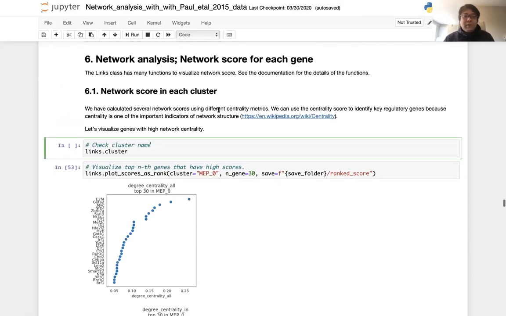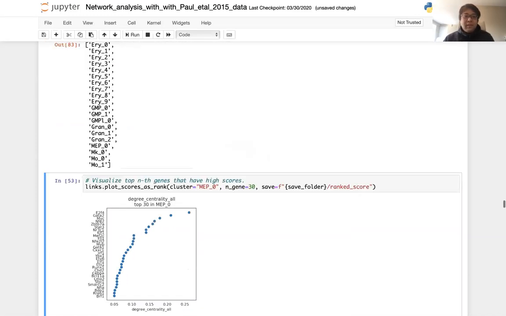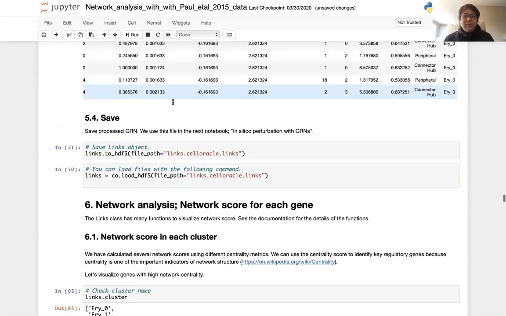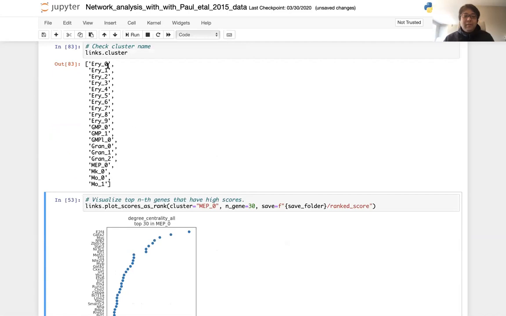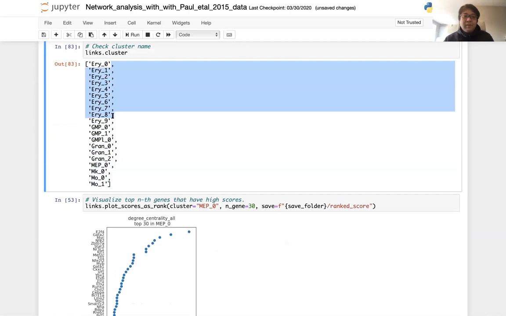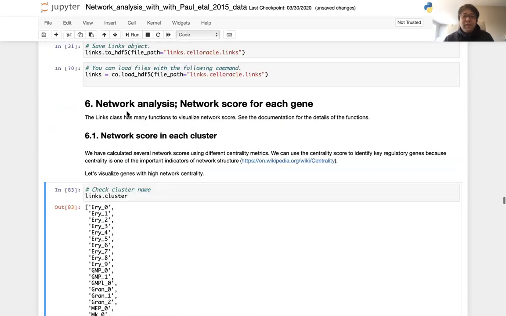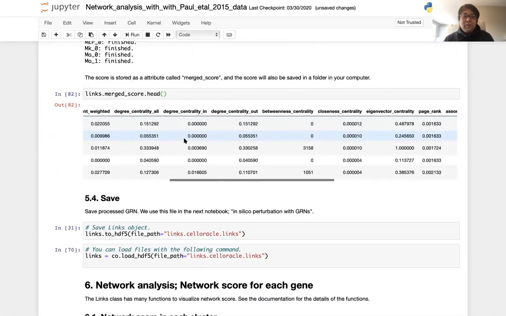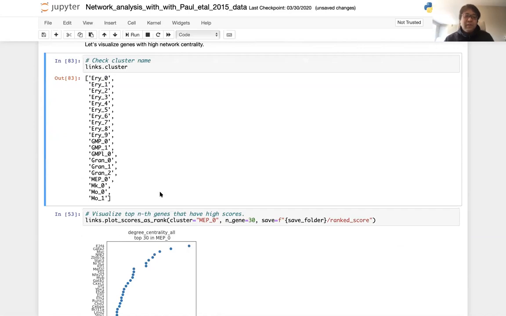So first, the important thing is we get a network score, but we have the gene regulatory network for many clusters. For example, here we have like 25, or I don't know, many. If you have 10 clusters, you get 10 GRNs, so you have many cluster scores for each GRN, which is really huge, and maybe